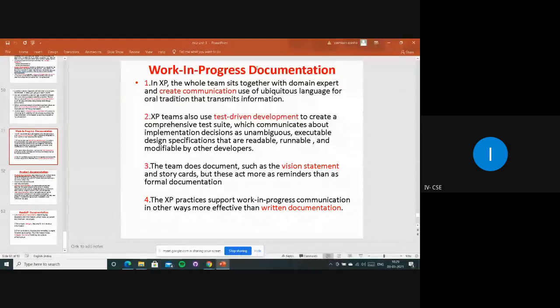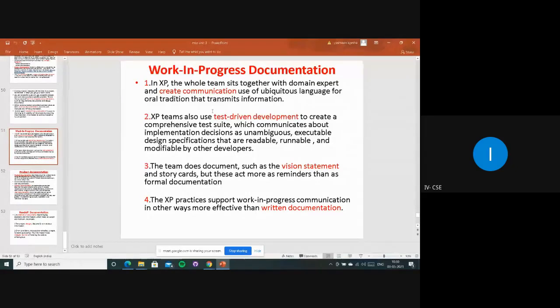In this work in progress documentation, mainly the whole team will sit together with domain experts, right? If we are preparing our project in Java or Python, then the domain expert for that particular area will also be sitting together, and we discuss that particular project: what things we have to include, what things we have to involve.